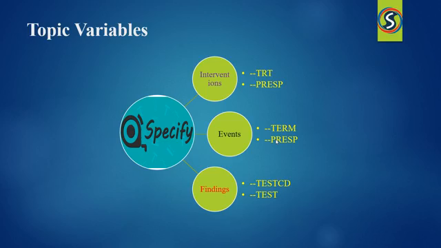Now let's see about interventions, how we can specify the value. So coming to the interventions, if a list of specific treatments is provided along with other, comma specify, that is your treatment should be